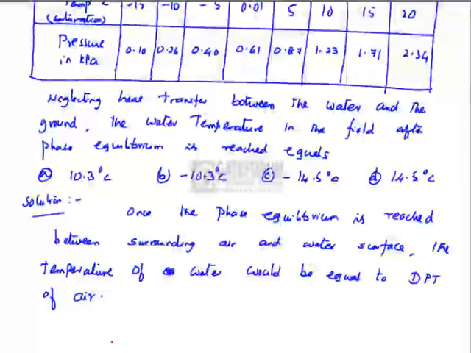How to get the DPT of surrounding air? DPT is Tsat at PV, the partial pressure of water vapor,